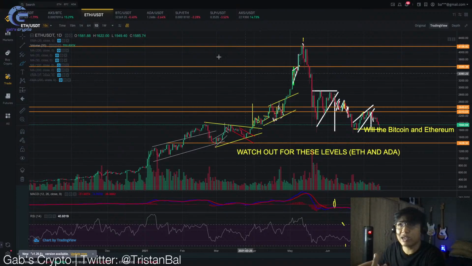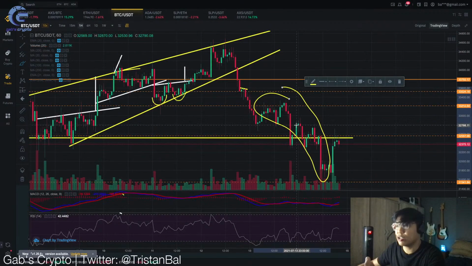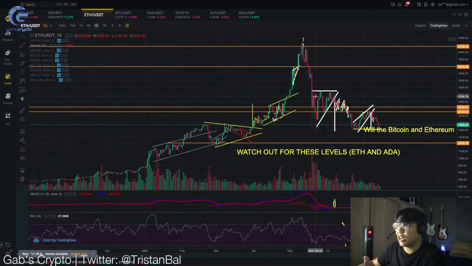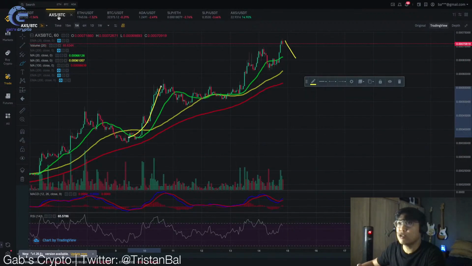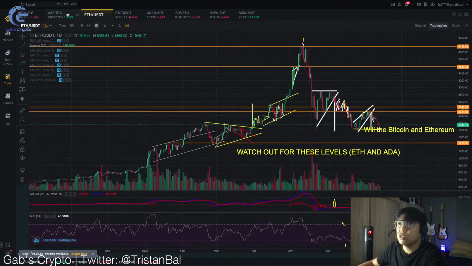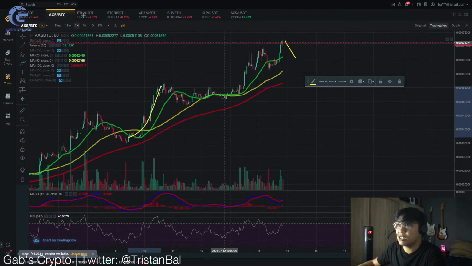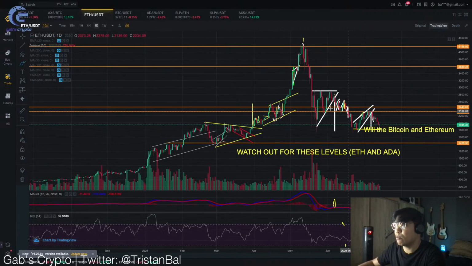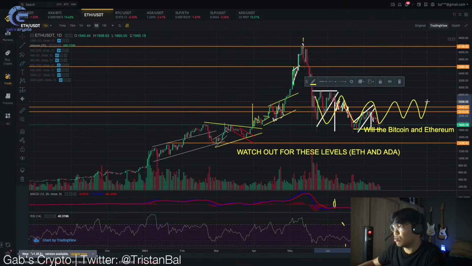Ngayon kay Ethereum, ang kailangan mangyari is, di ba kay Bitcoin kailangan nagka-consolidate or nagpa-pump. Kay Ethereum, ang kailangan mangyari is either nagka-consolidate or nagpa-pump. So same goes with those sinabi natin kay Bitcoin and Ethereum. Kailangan niya mag-consolidate, and the best time na magpa-pump yung mga ating price movement is pag nagka-consolidate si Ethereum. So every time na sideways si Ethereum, dyan tayo makikita ng pump with SLP and Axie Infinity token.